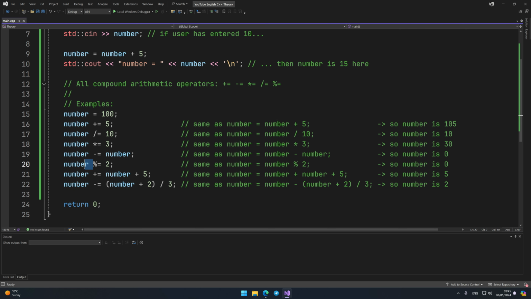How do they work? They are abbreviations for other expressions. Here is a large list of examples below. In the comments, I indicated which expressions these operators abbreviate and wrote what value the variable will have after each command. You'll see these operators a lot in the future, but they're not required in programming. You can easily write unabridged expressions, although I still recommend using them, if possible, because they'll make the code look simpler. There are also compound bitwise operators, but I'll talk about them after we learn how to work with bits.